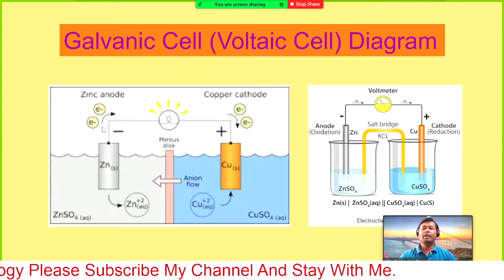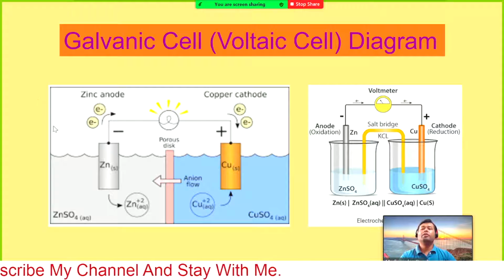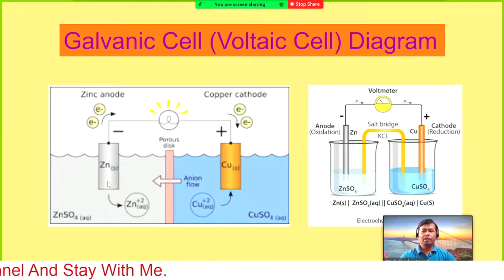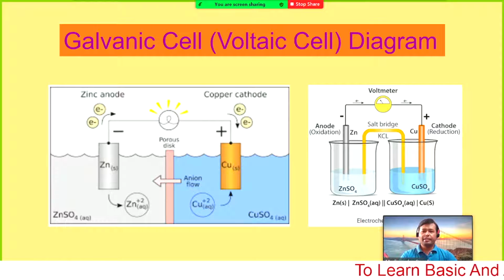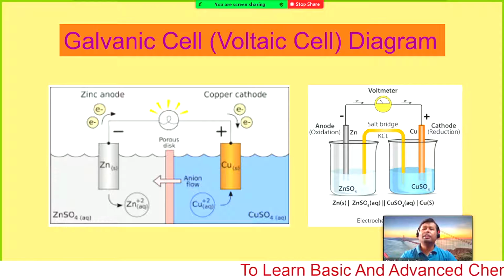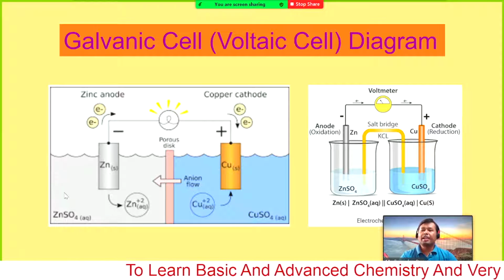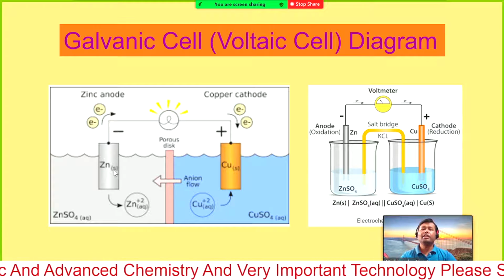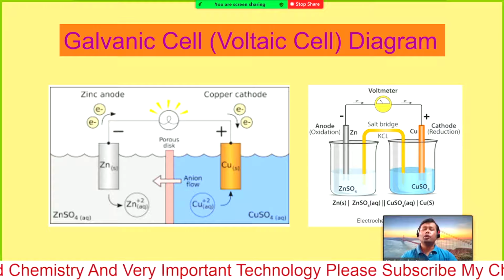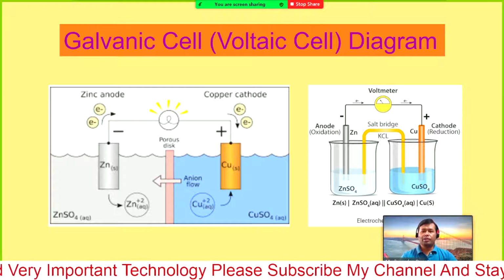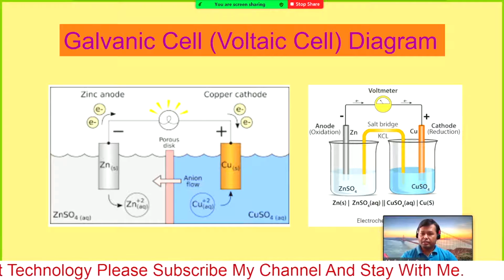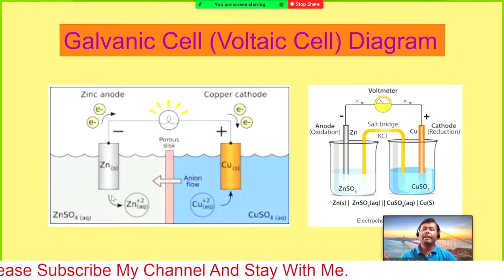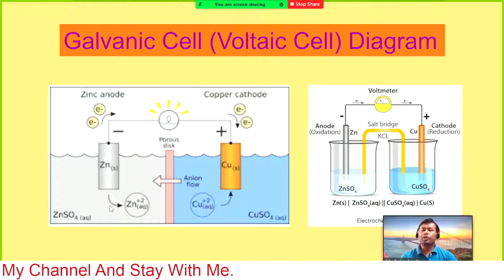We have been talking about the cathode and anode, which one should be anode and which one should be cathode. To mention the anode, I have mentioned that it is where the oxidation takes place. How can that happen? There is some electrolyte inside here. The zinc has the tendency to donate some electrons to produce zinc 2 plus ions. The electrons reside here in the electrode, and the ions go into the solution or electrolyte.